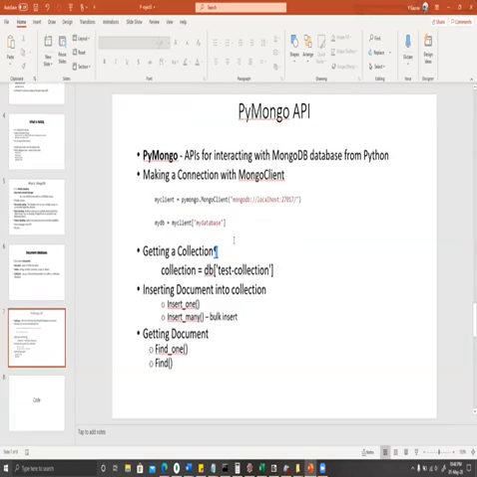And for inserting documents into the collection, we used insert_one and insert_many. insert_many can bulk insert. And for getting documents, we used find_one and find. The rest of the slides will be explained by Gaurav.